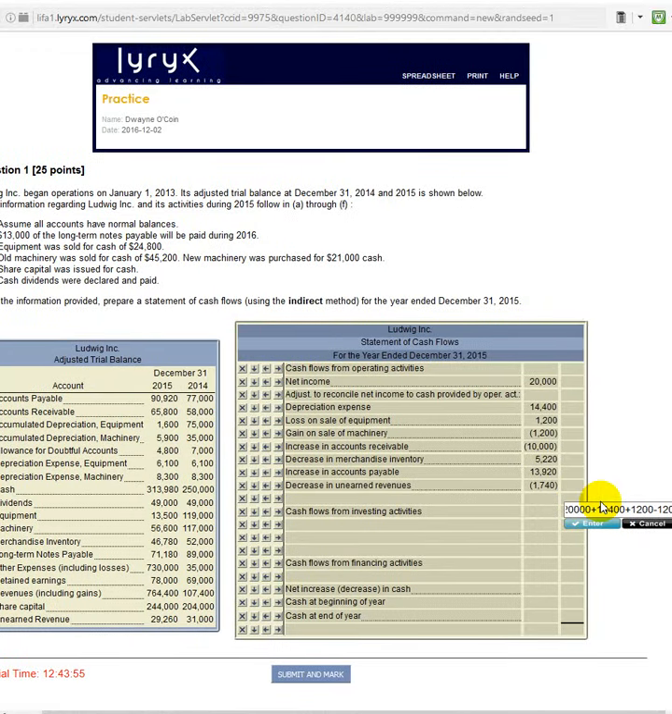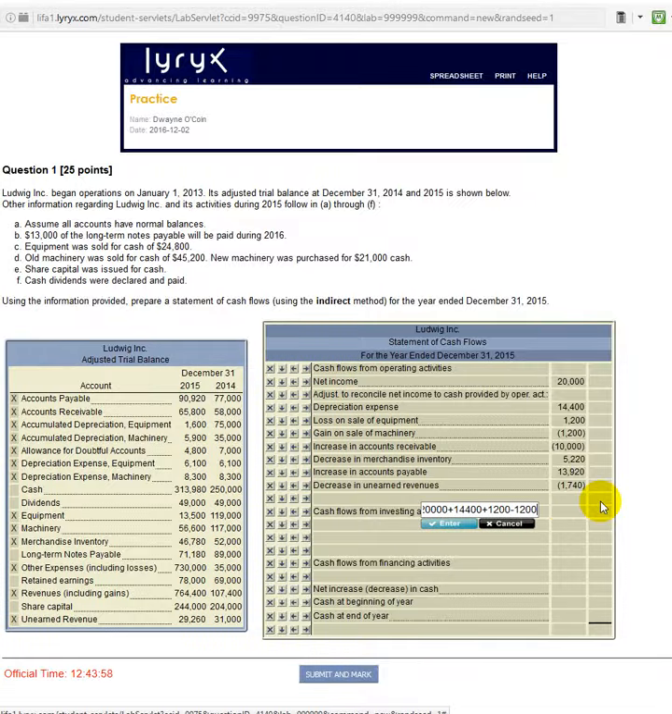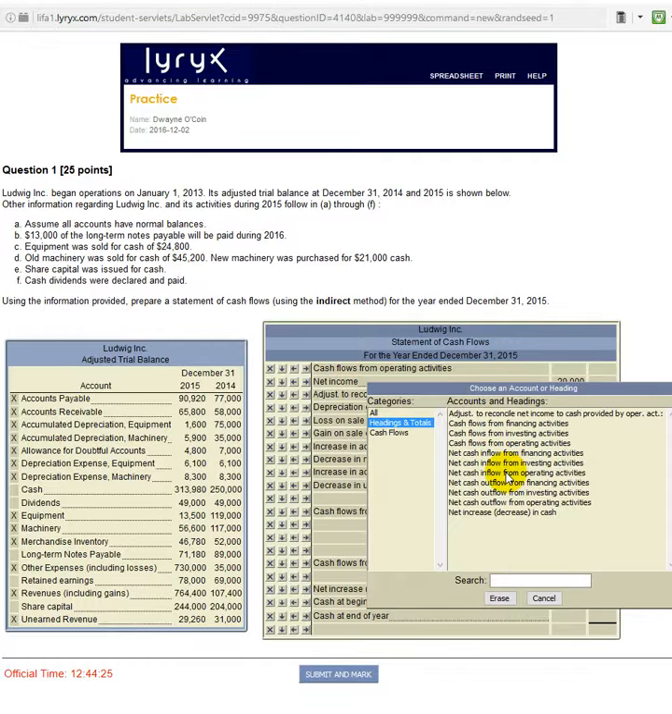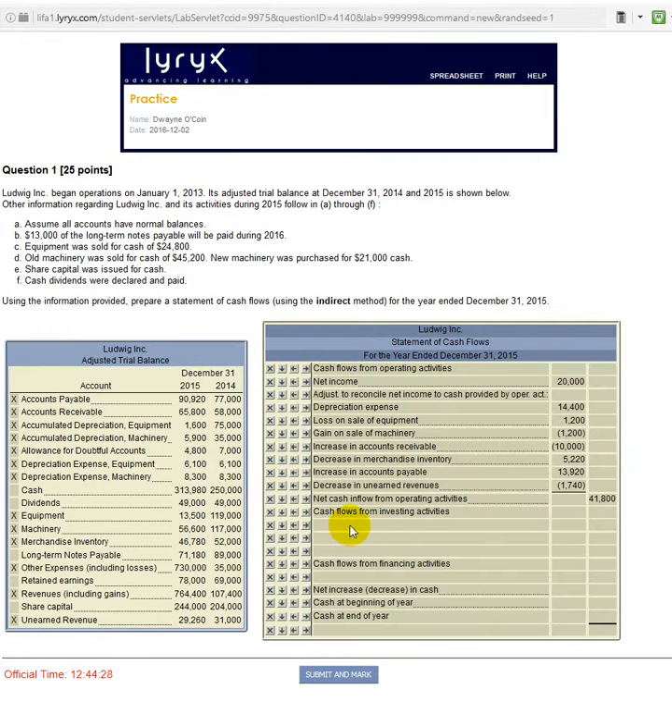Let me move this out of the way so it's not pushing our screen around. And then we subtract 10,000. And then we add 5220. We add 13,920, and we subtract 1740. That works out to 41,800. We need to do the calculation first because we don't know what's a net cash inflow or outflow. But now we know it is a net cash inflow from operating activities. Now let's move on to investing activities. Now investing activities, we had the two spreadsheets, but we have information